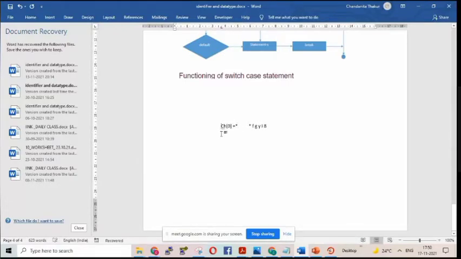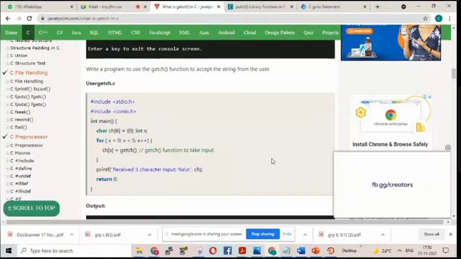What is your character 1? Character 1 is F. Character 2 is G. 3 is Y. 4 is I. And the last character is 8. So if we give indexing like that, in the same name we can store all the characters. But I don't want to make you understand that. You just see the use of it.